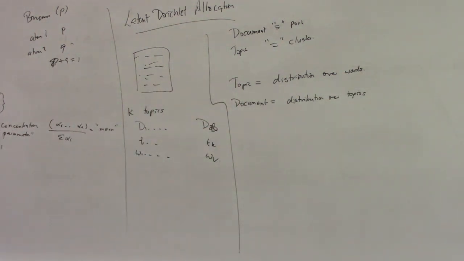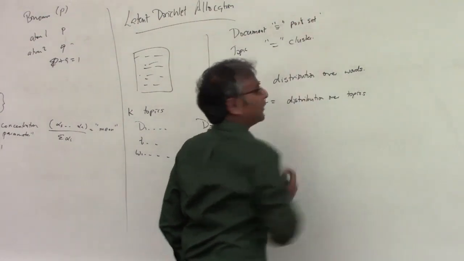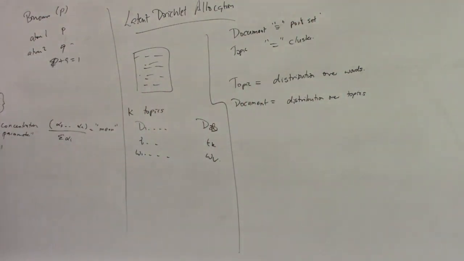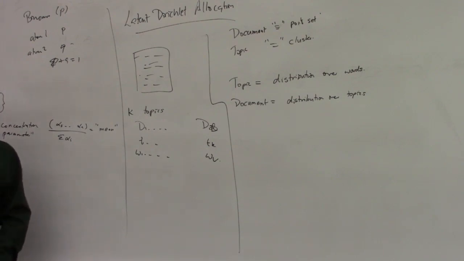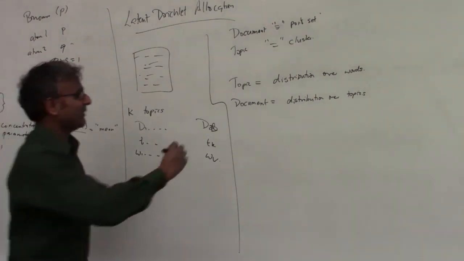Where to construct a document, and again, I think maybe my analogy is not quite right. The document should be a distribution, not a point set. You can think of it this way: I have some particular document containing a bunch of words. This document is about the financial arrangements the NFL has with the government. So there are football words in there, financial words, and some politics words. It's a distribution over these three topics. Depending on the particular focus of the document, you might have different importance for these different words. So different topics, but it's some kind of distribution over topics.